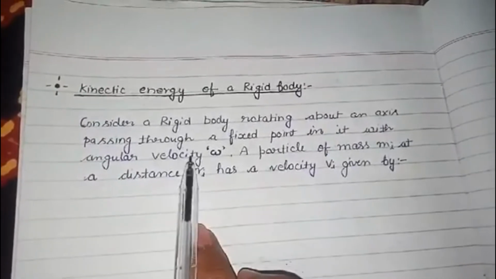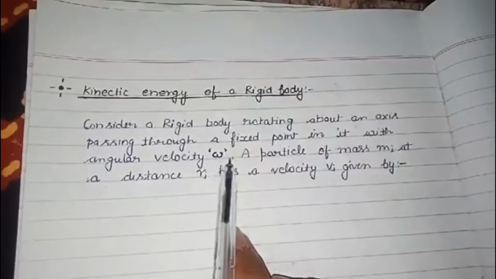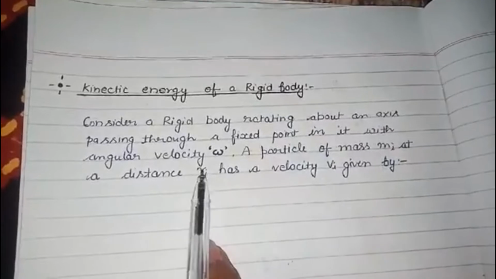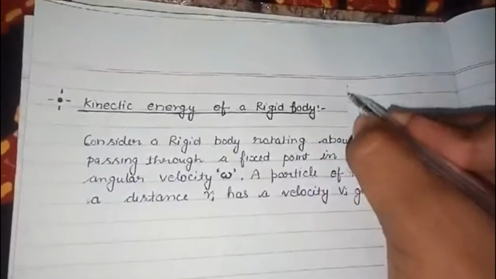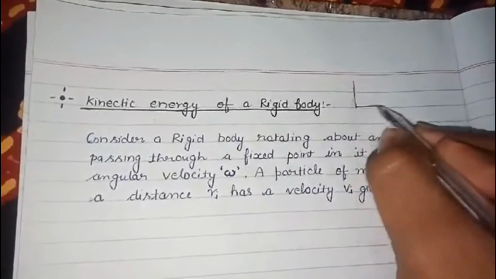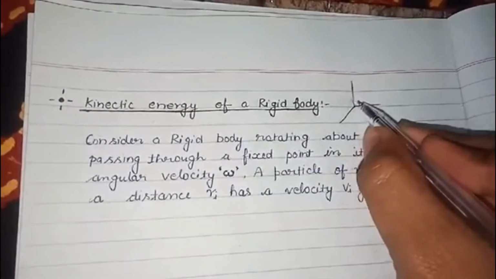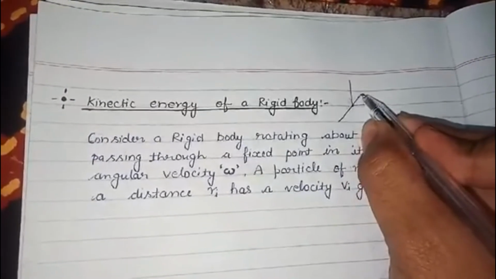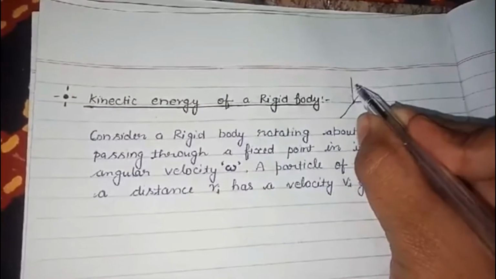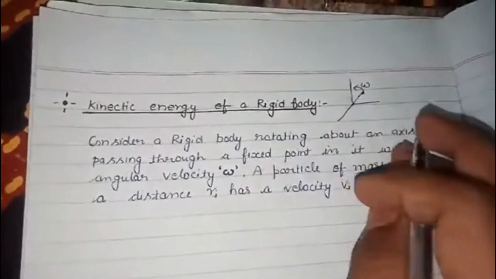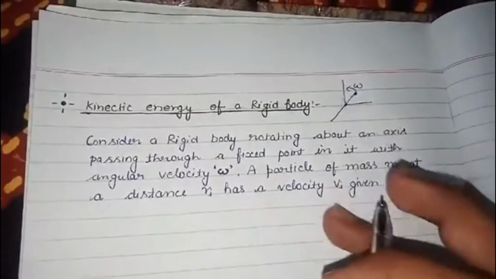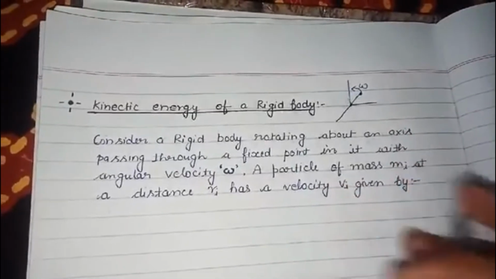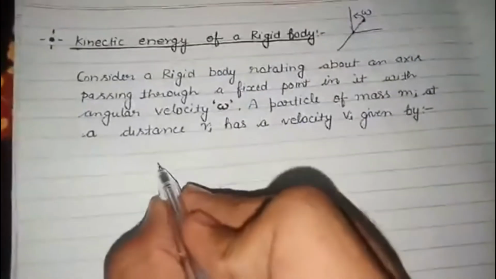in it with angular velocity omega, a particle of mass mi and distance ri, velocity is vi. रिजिड बॉडी है हमारी। एक फिक्स पॉइंट के ओर से यहाँ पर कोई पार्टिकल होगा, एक ओमेगा से ये मूव कर रहा है। आर आई इसकी डिस्टेंस होगी, एम आई इसका मास होगा और वी आई इसकी वेलोसिटी होगी। सो इसका फॉर्मूला क्या होता है, v इज इक्वल टू